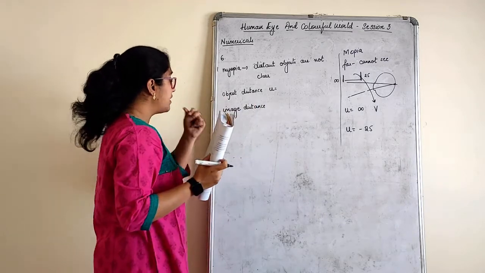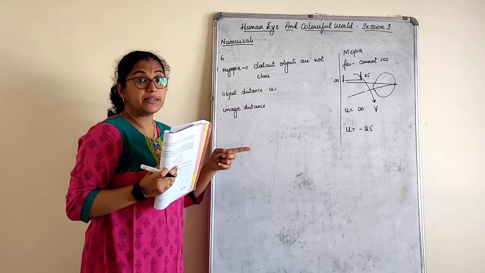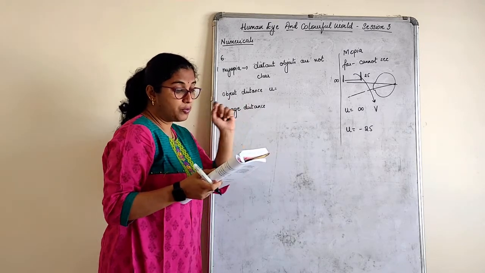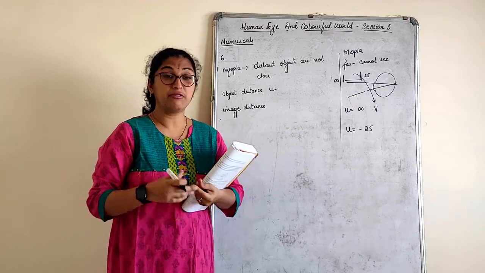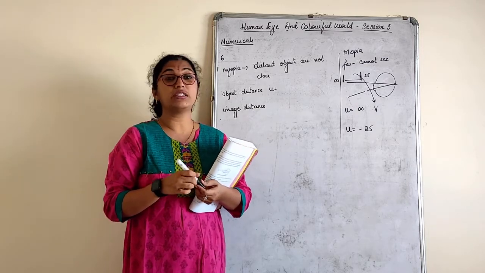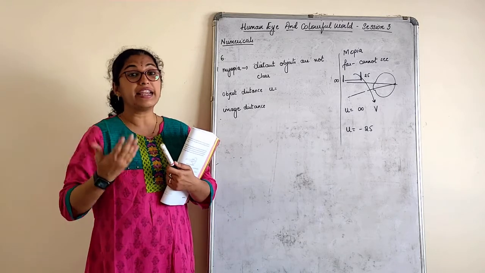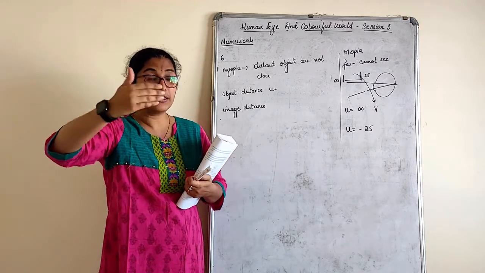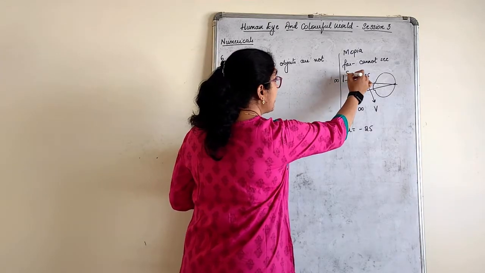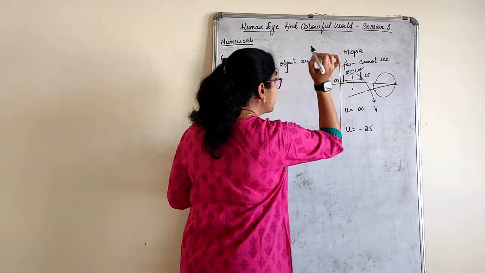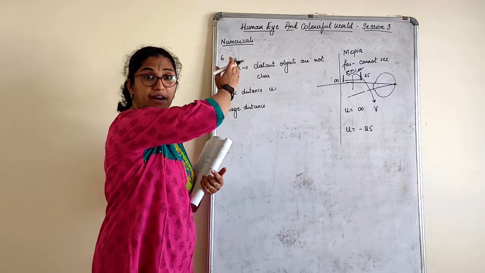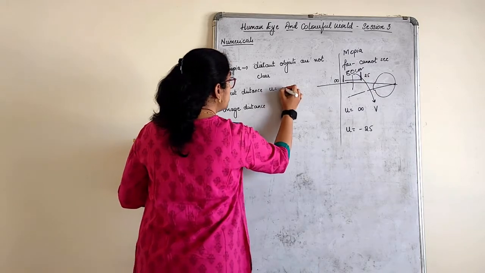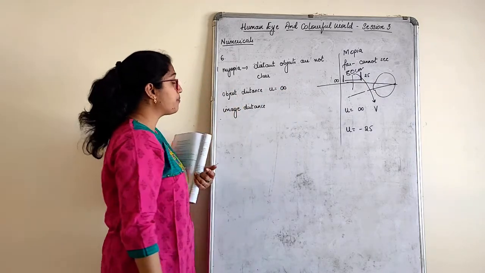He cannot see far away things, means the object where it is kept, it cannot be seen. But the far point of the myopic person is 80 centimeter. Now there should be some far point. He cannot see far away things, means from where he cannot see, to what distance he cannot see. That means if the object is kept beyond 80 centimeter, the person cannot see, right? So if an object is kept at infinity, the person cannot see. U is equal to infinity here for myopia.